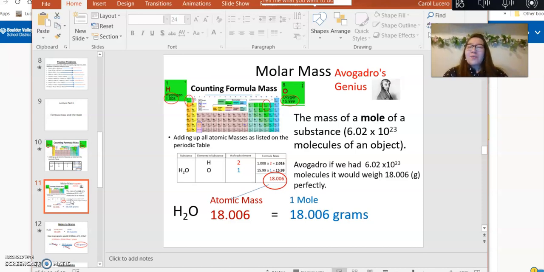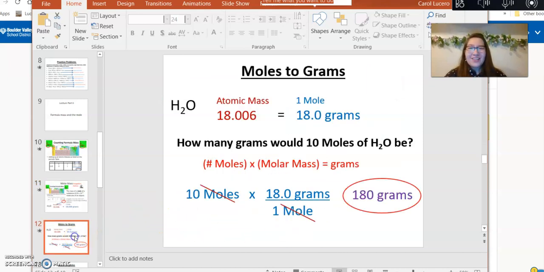So 1 mole is equal to the atomic mass, and we know that there's also 6.02 times 10 to the 23rd molecules if we have that mass of the substance. So for example, if you have 18 grams of water, then that tells us that we have 1 mole of water as well. And so this is great because we can use this as a conversion factor, and we can figure out in any given substance how many moles that we might have, how many